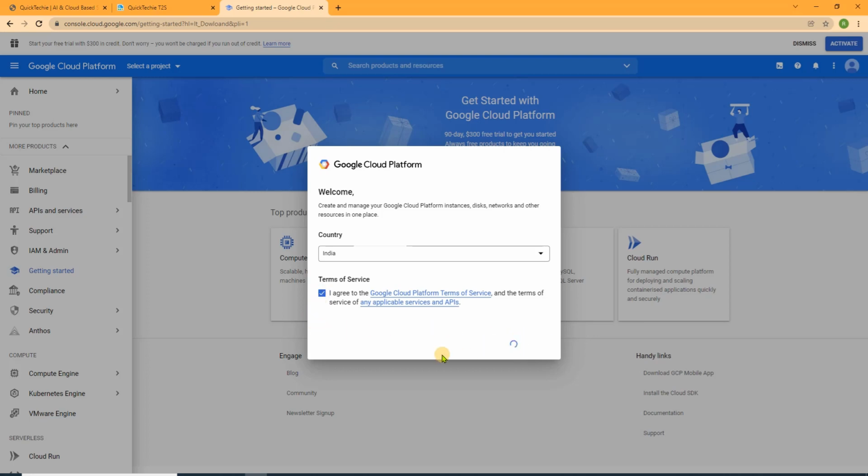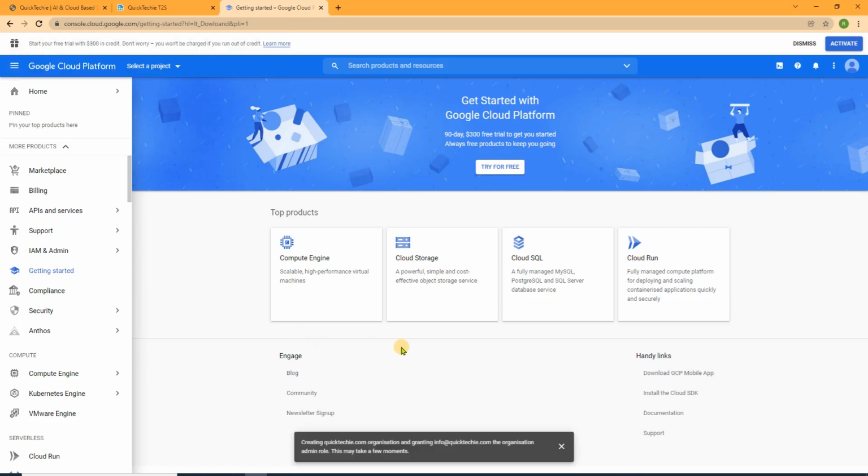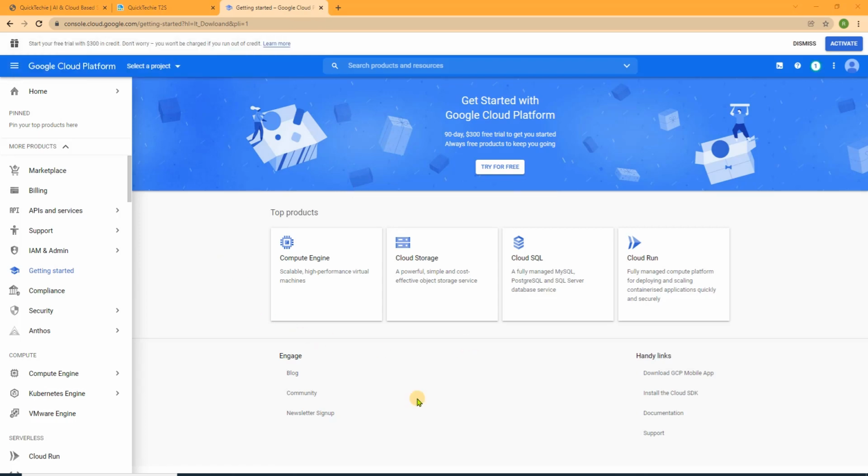This would show your name and every detail here, and it would make you ready to work with the cloud. Now here you can see, the first time you are logged in, all that detail would be available. A 90-day free trial is available to use this, so here, try for free.